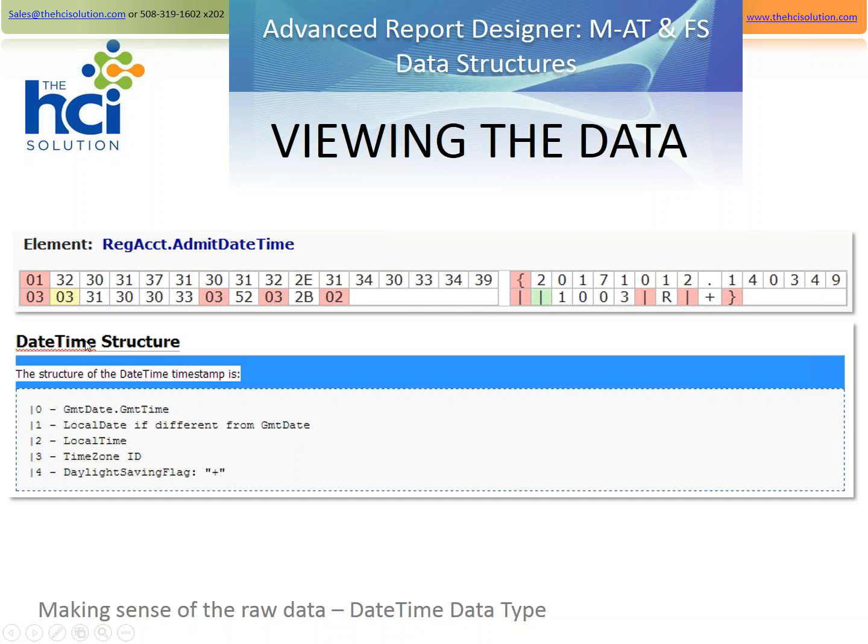And this just describes the date time structure where P0 here is GMT time zone date, period, and then the GMT time. And then piece 1, it would be the local date, if the local date is different from the GMT date. And then piece 2, like I was saying earlier, is the local time, if the local time is different than GMT. And then there's a time zone ID, which is